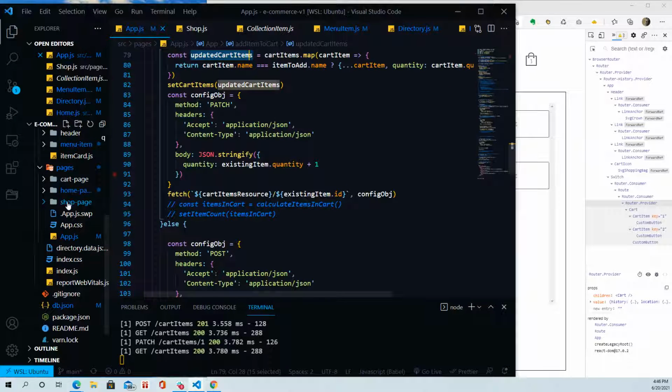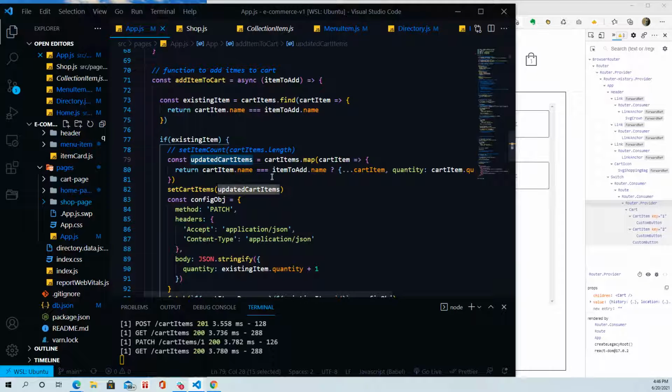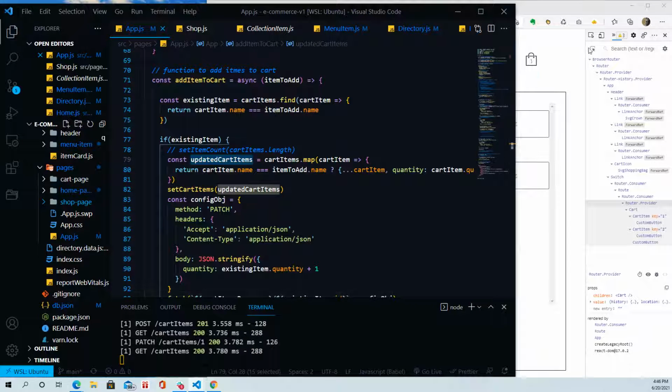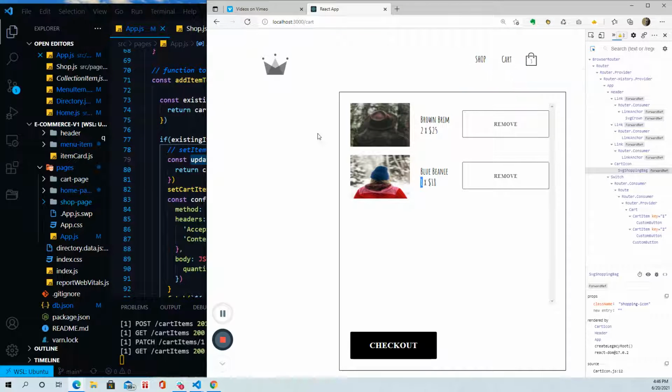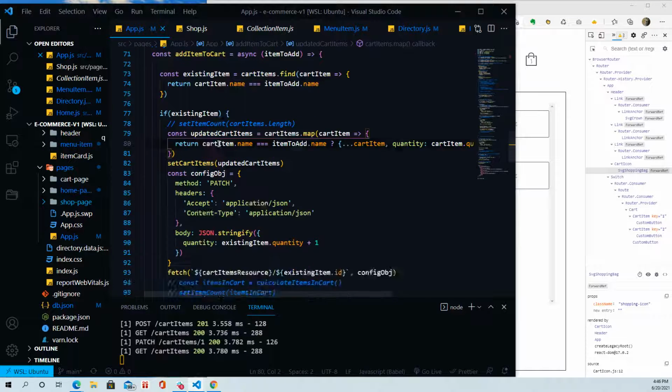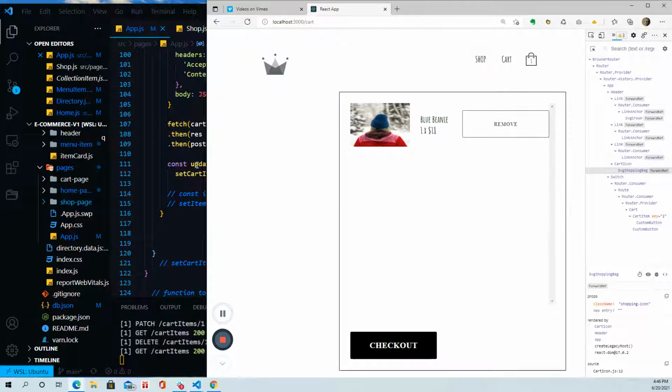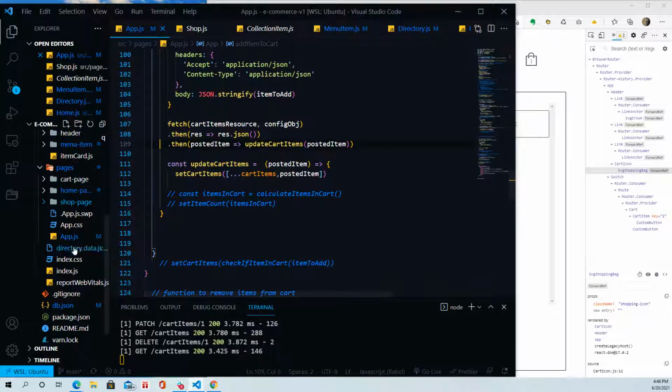Okay, so I know this is getting a little long, but hopefully we can get through the rest. We went through how I'm adding to the file, and I'm also updating this value right here. And there's one more thing, or a couple of things, where there's the remove. The remove happens in the cart component. If we go to cart component,